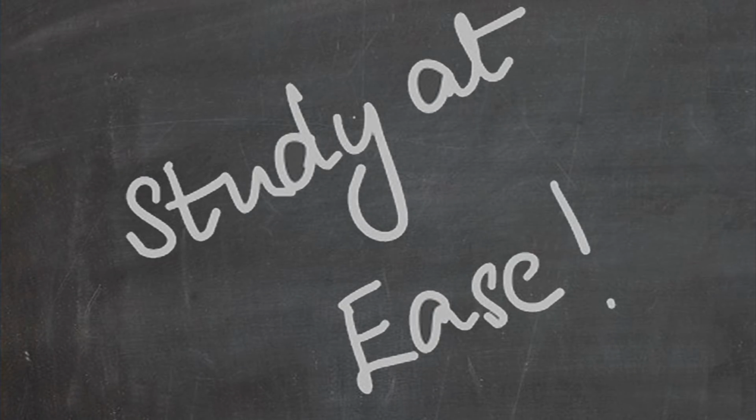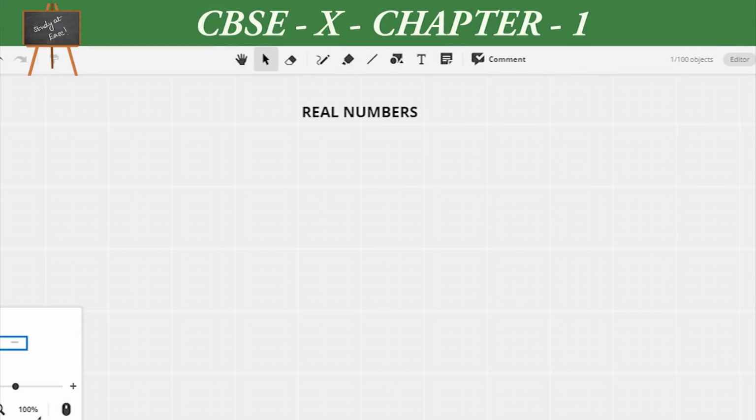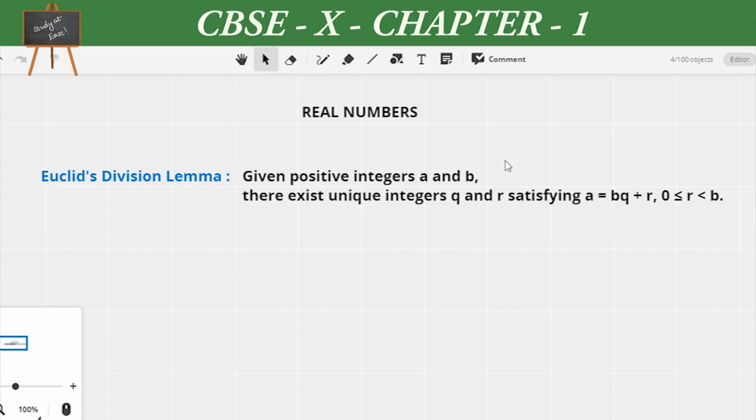Today we are going to start with the CBSE Grade 10, the first chapter, which is real numbers. What are real numbers? Real numbers are a set of numbers which includes the natural numbers, whole numbers, integers, rational, irrational, etc. Euclid's division lemma says, given positive integers a and b, there exist unique integers q and